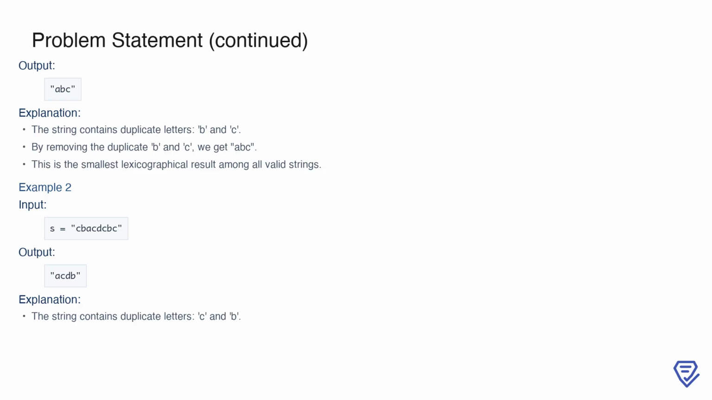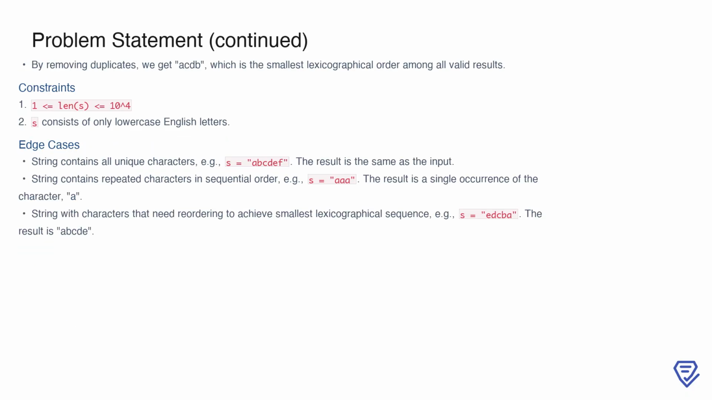Now, let's look at another example. If the input is S equals back, the output is ACB. Here, the input string contains duplicates of C and B. By carefully removing duplicates while maintaining the smallest lexicographical order, we get the result ACB. In the case of the input S equals back, removing duplicates gives ACB, which is the smallest lexicographical sequence among